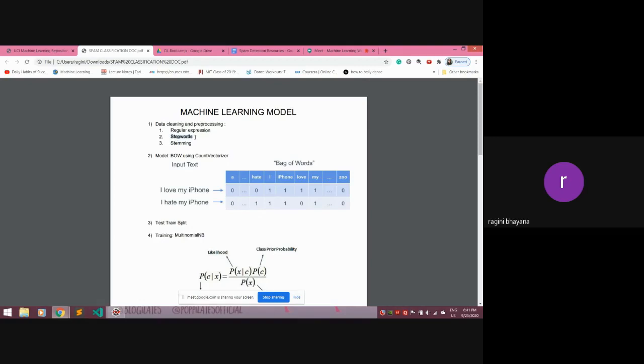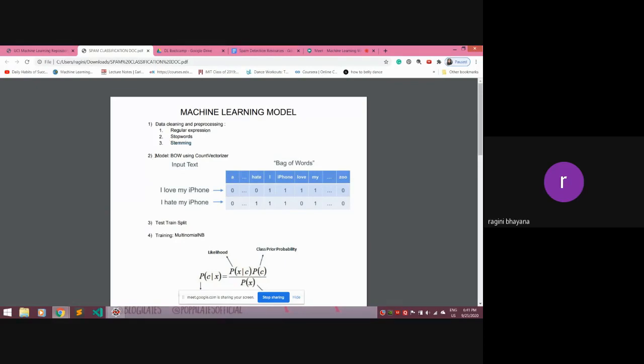It will provide you a list of words like an, the, I, am, which are also insignificant in determining whether it's spam or ham. We use stemming by importing Porter stemmer. Basically stemming will give you the root word. For example, intelligently would be converted into intelligent, and so on and so forth.